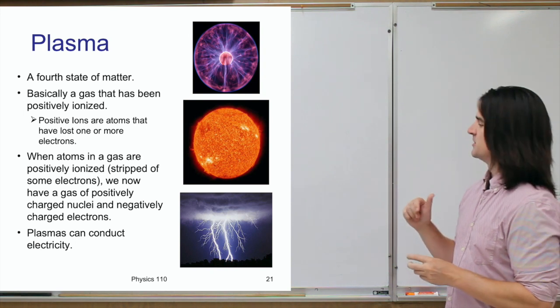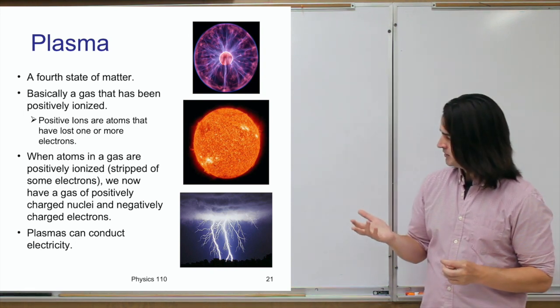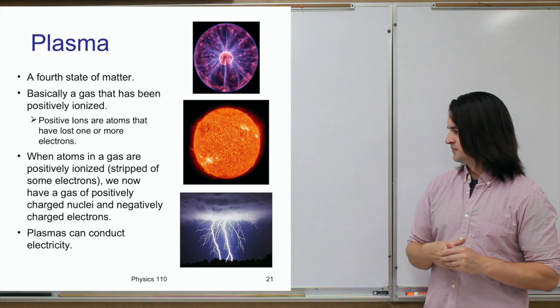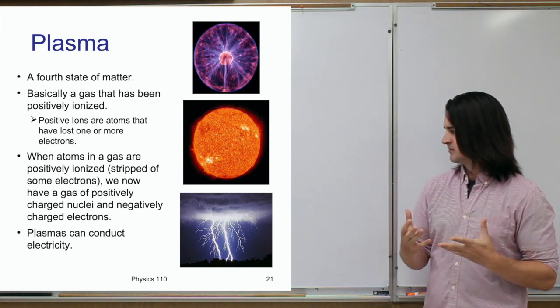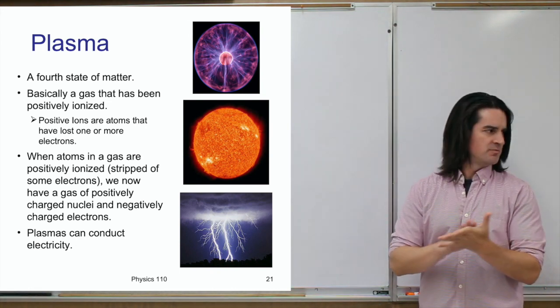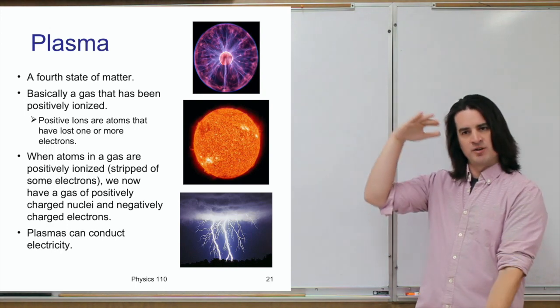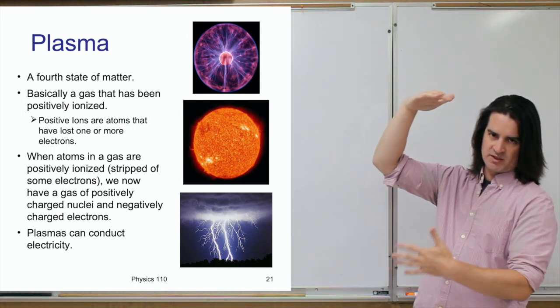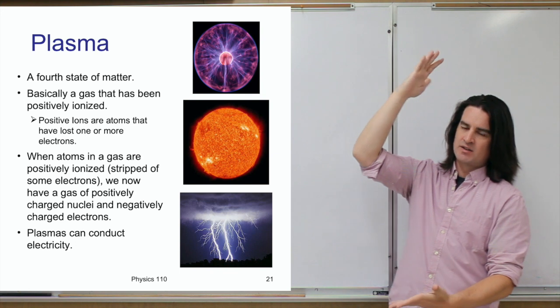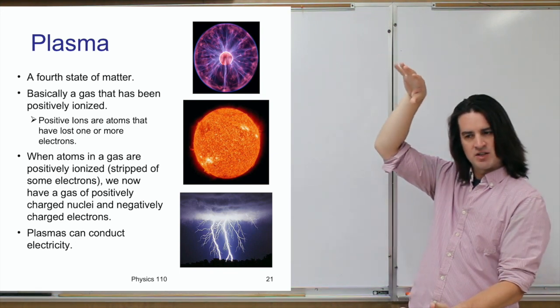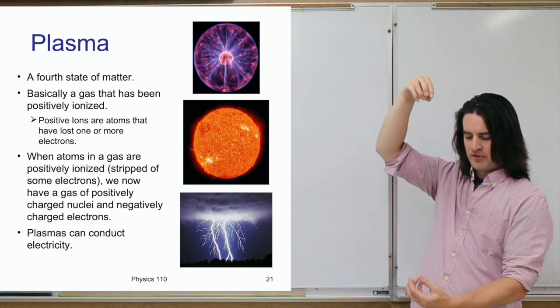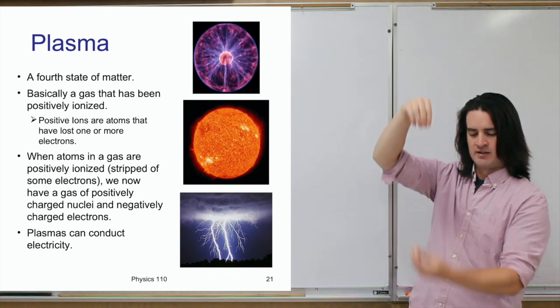Another example of a plasma is lightning. Lightning is essentially a phenomenon, I think I'll mention this later on too, where there's so much difference in electrical energy between the clouds and the surface of the earth, that all of the air in between there,